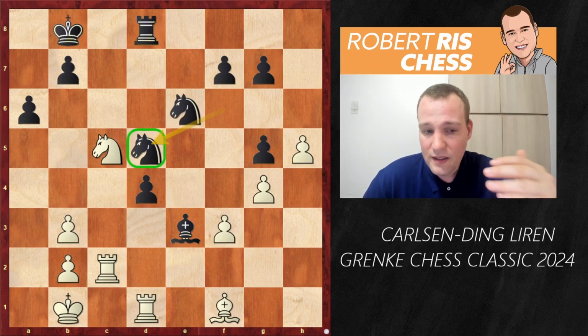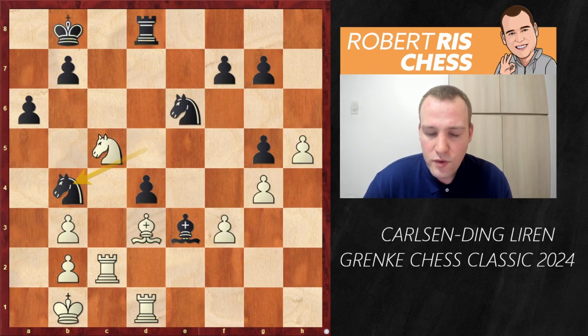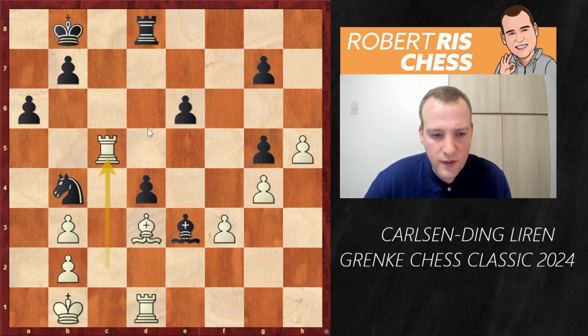So Magnus didn't want to take on e6. Instead, he played bishop d3. And after knight to b4, which is a knight fork, hitting the rook on c2, knight takes e6 played first, attacking the rook on d8, so black of course takes back. And now white goes here for the move rook to c5. So the rook is looking for an opportunity to come in, maybe at the right moment come to e5, hit